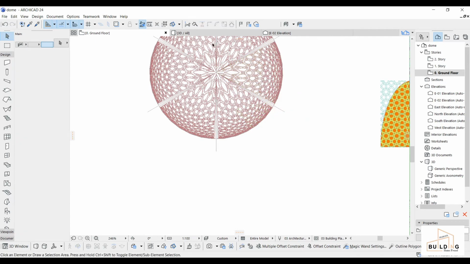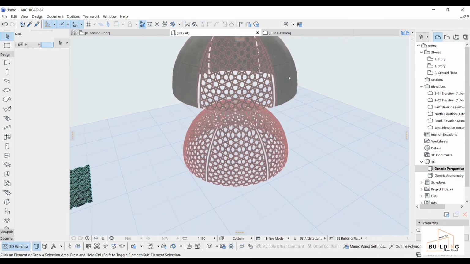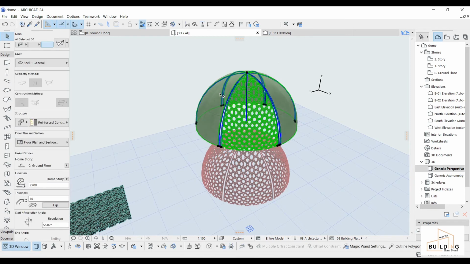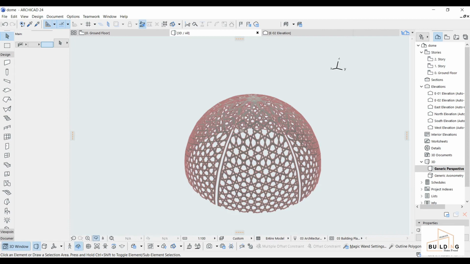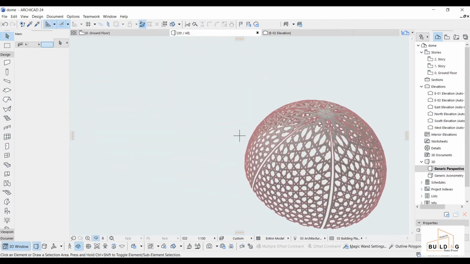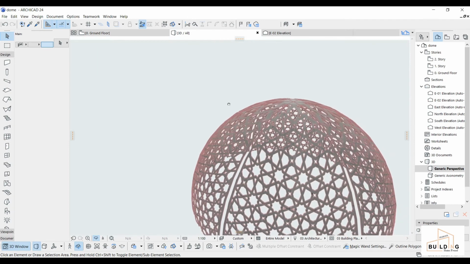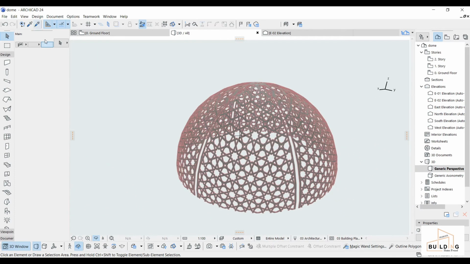Delete this one. Okay, we'll see. I can delete this one. I don't need it. So I can see here how it looks like. And then